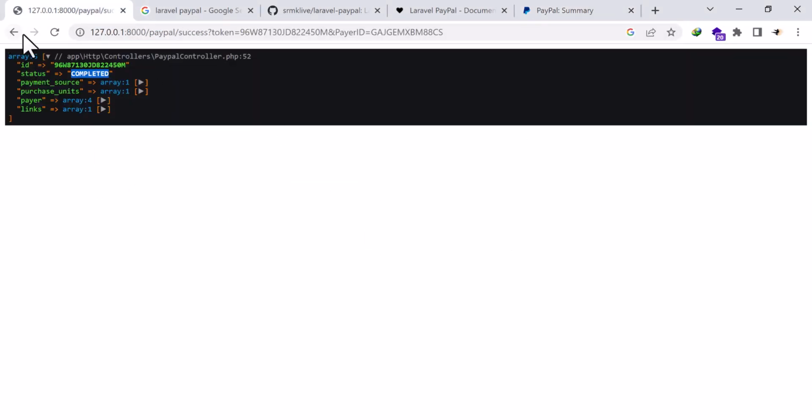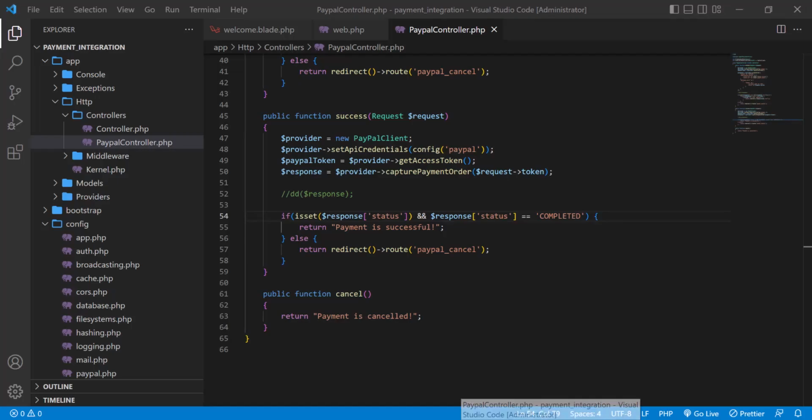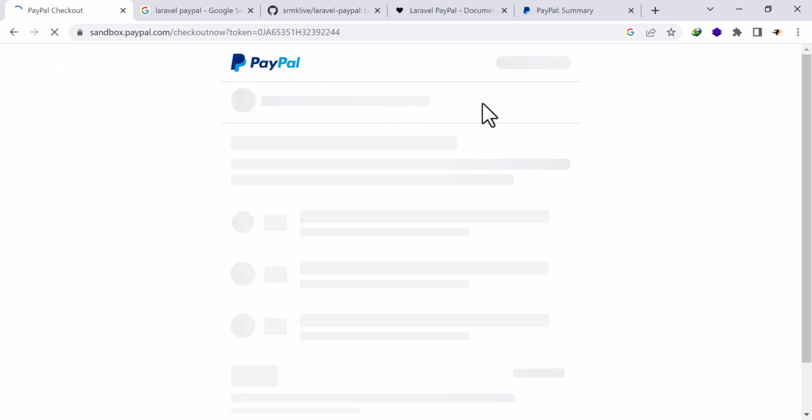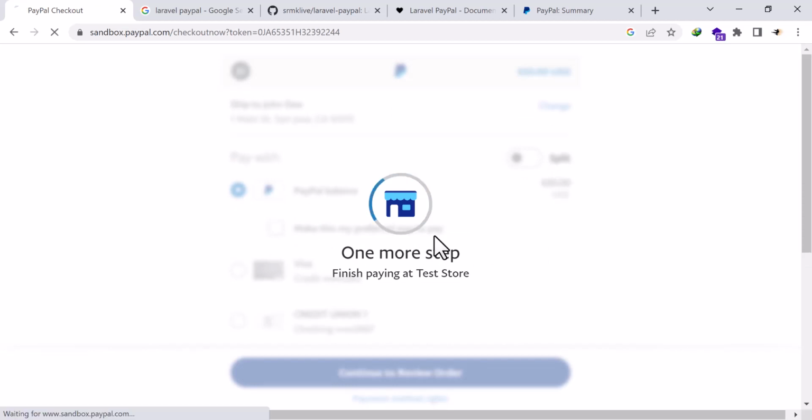Now I will redirect it to the success page. So I will do the thing that after the payment is done, it will take the user to the success or cancel page, right? So this payment is successful, it will be shown. Now go here again. This is the $20 again. I am going to click on continue to review order, and the processing is going to happen. After the processing is done, you will be redirected to here, and it is showing that the payment is successful,